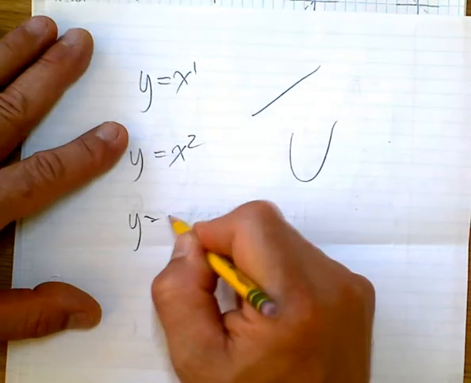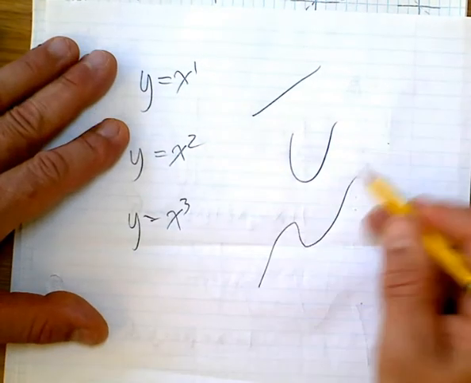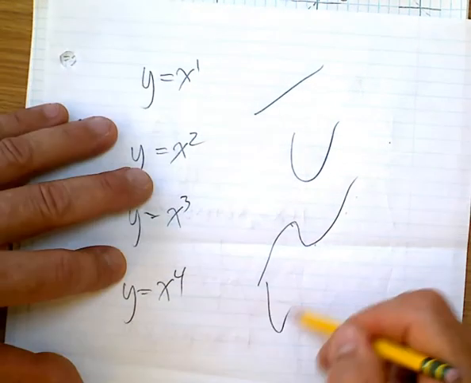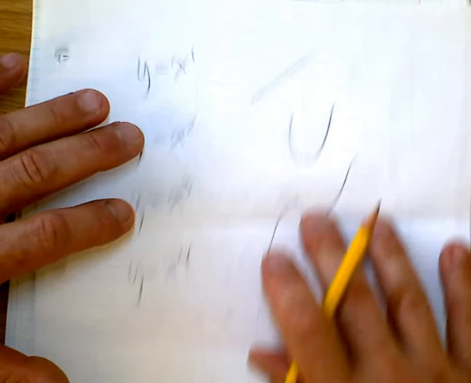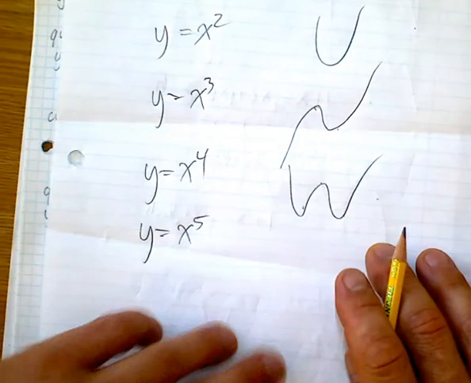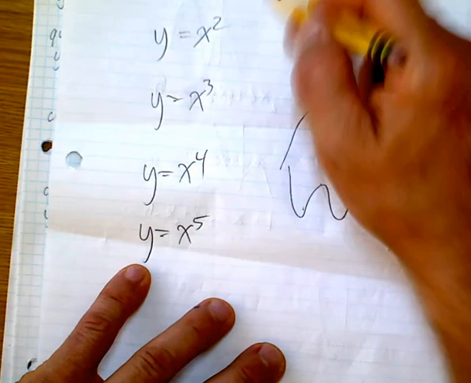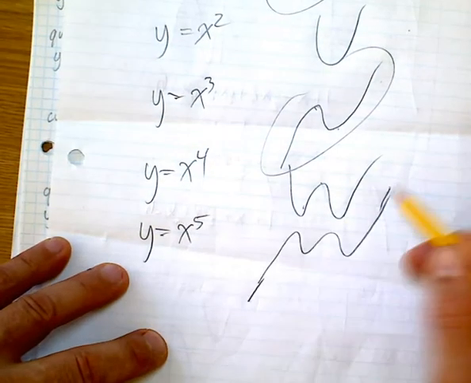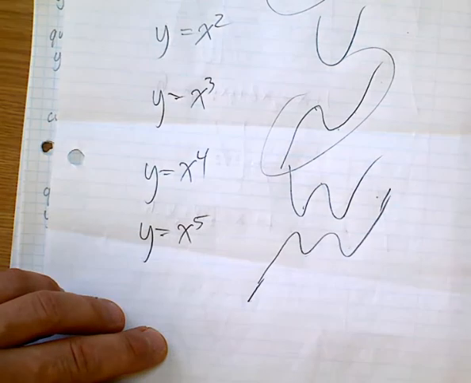Y equals x cubed can have a maximum of 2 bends. Y equals x to the power of 4 can have a maximum of 3 bends. We'll take a guess what y equals x to the power of 5 looks like. That's going to be like these odd ones. They're going to end in opposite directions, but you can have 4 different turns in them, and it just keeps